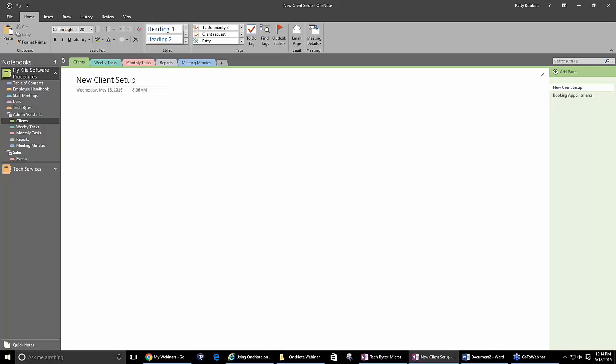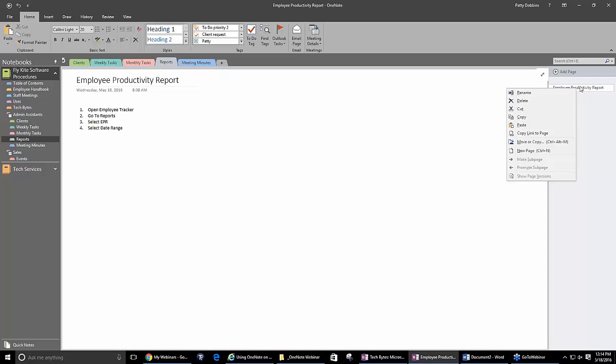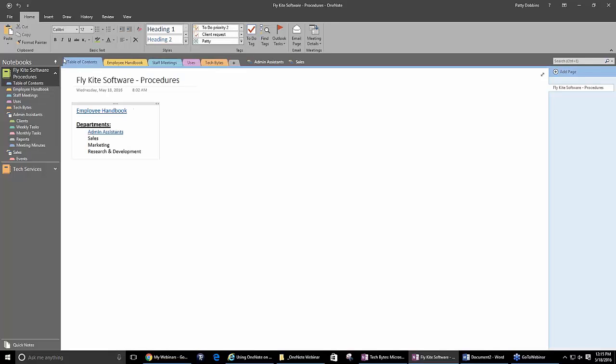So the way that we do that is, let's say that we want to create something right to the reports page. So we're going to look at how to do this employee productivity report, and we want to get right to that page. So I'm going to come over to the right-hand side. I'm going to right-click on it, and I'm going to choose Copy Link to Page. Now I'm going to go back up to my table of contents, and in here I'm just going to tab in a little bit, and then I'm going to go ahead and paste in